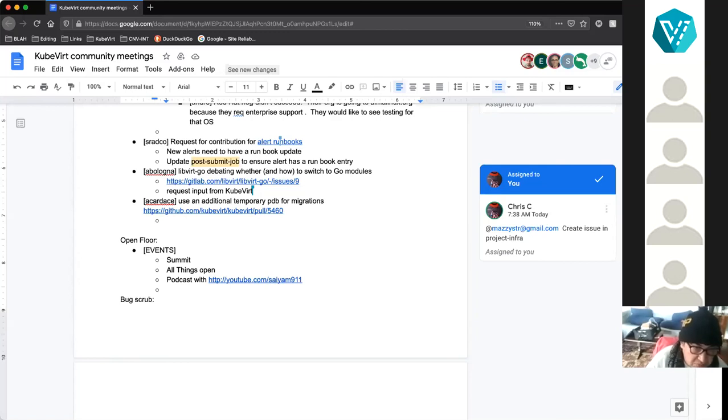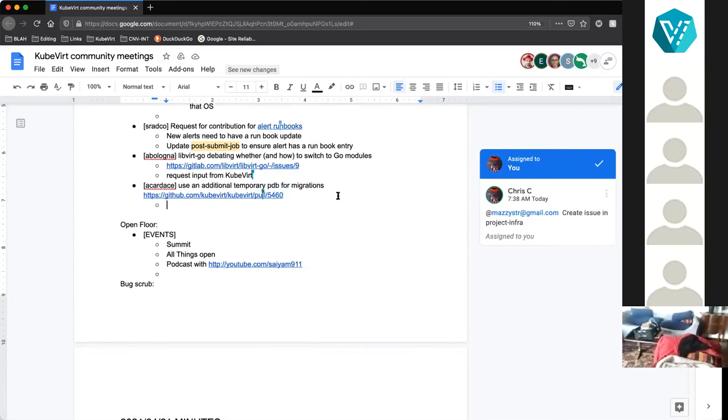And when a migration happens, just for the duration of the migration, we create an additional PDB that protects two pods. But it is a bit controversial, because it means that while the migration is in flight, you will have two PDBs, one protecting just the source pod and one protecting both. The Kubernetes documentation says that this is kind of allowed, and what happens is that pods that have overlapping PDBs will just not be evicted at any time.